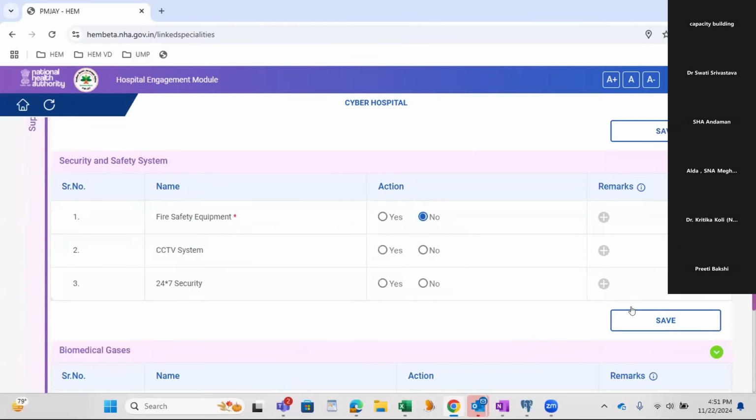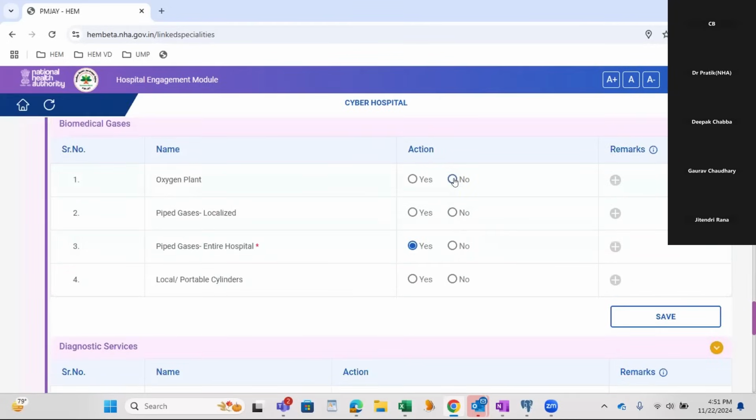So I'm resuming from where I have left. These are all the mandatory details for the security and services section.